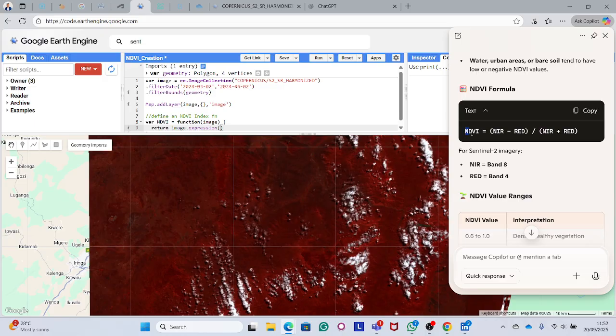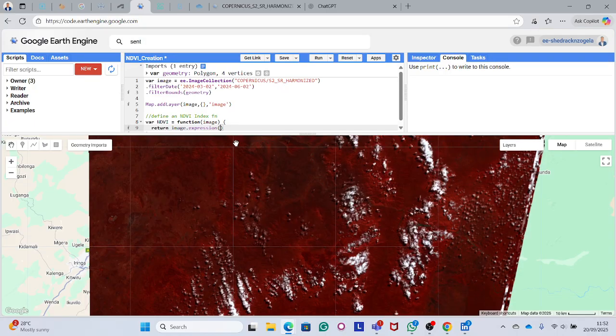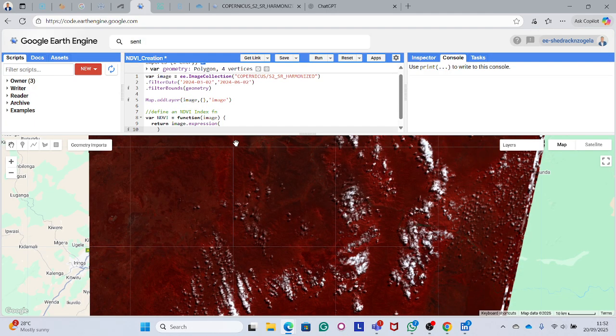So this is our formula for NDVI. Our expression is near infrared, as we saw, capital letters, NIR minus RED, and bracket over, NIR plus RED, and then close bracket. So then we just need to put a comma,